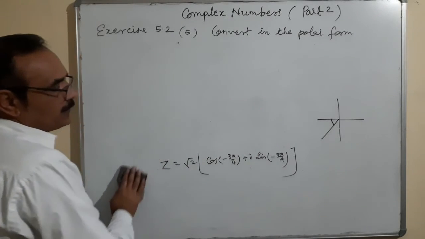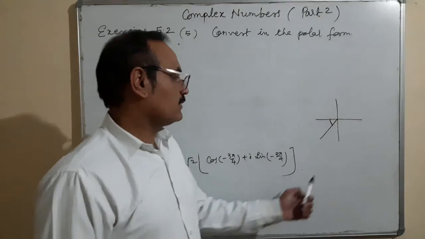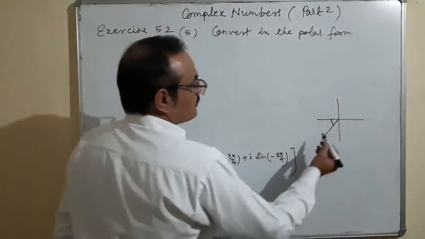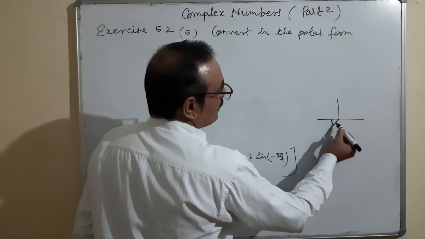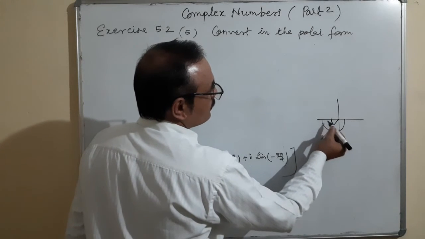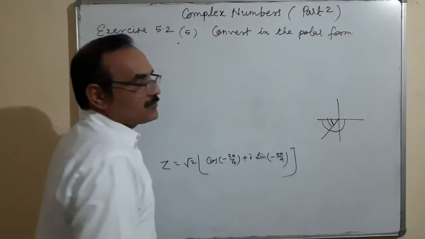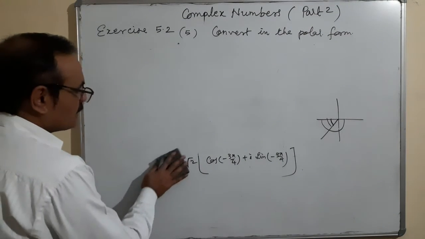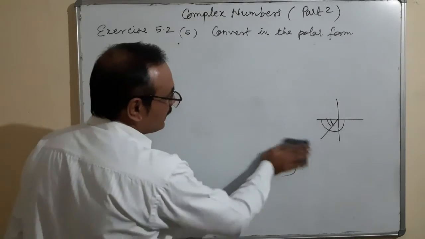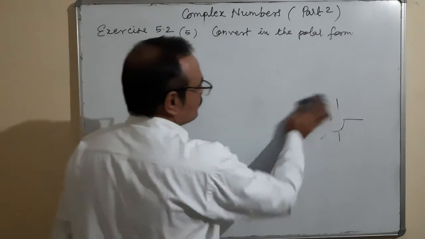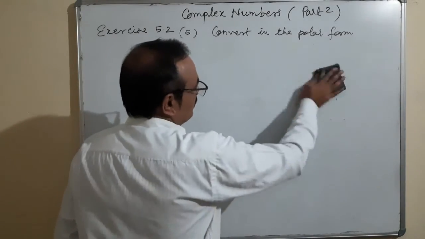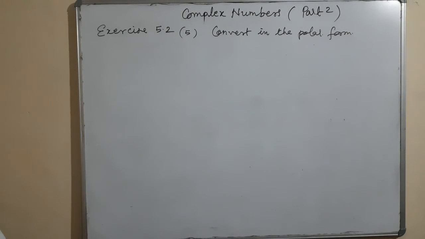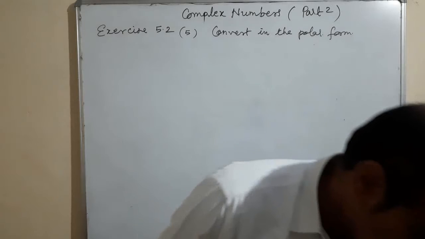Actually, we have one more method for finding the value of theta; here we convert into the form of tan. When we use tan theta, what happens? Tan theta is equal to imaginary part upon real part in magnitude. But I think you will remember the coordinate form, which is more convenient for you. One more question, I am taking the last question from this exercise.